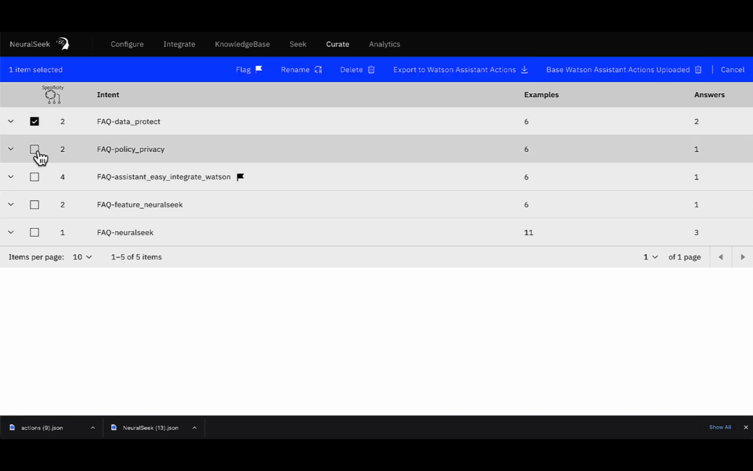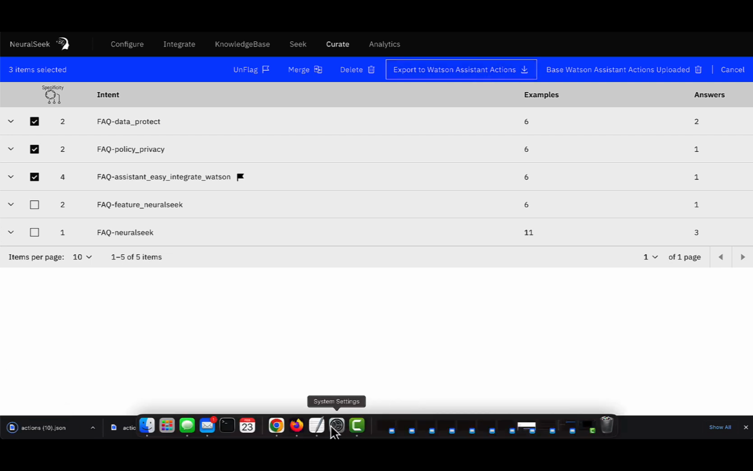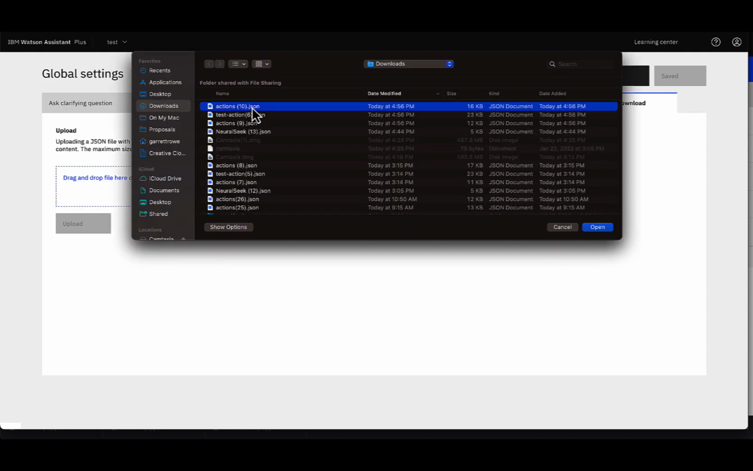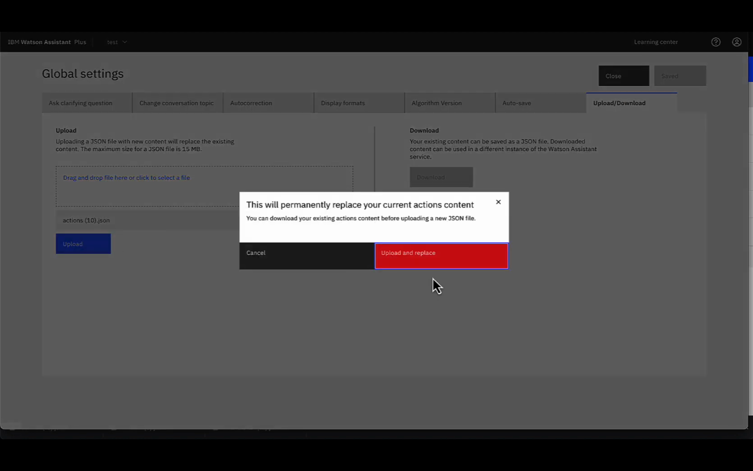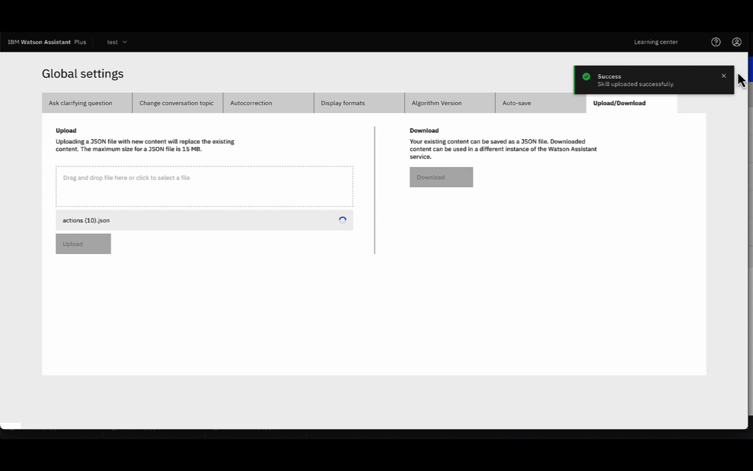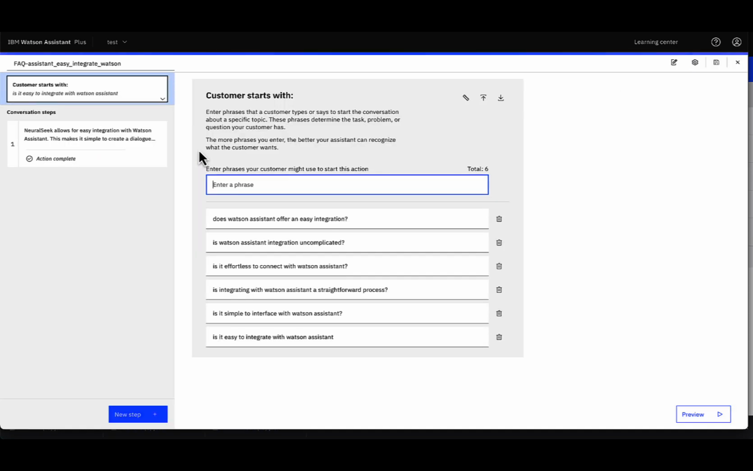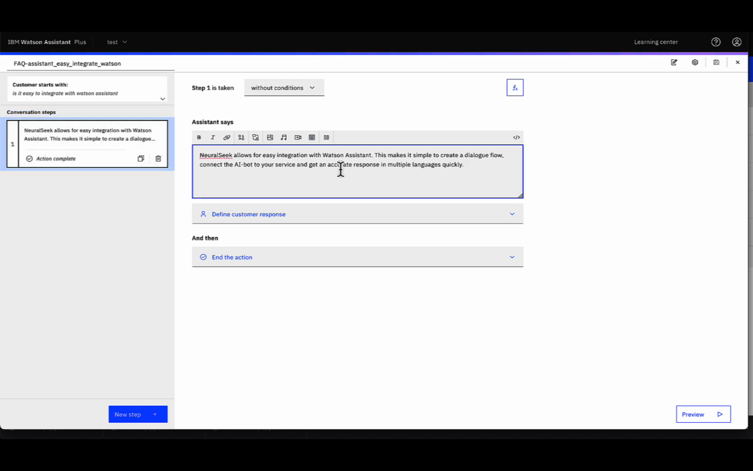I'll select the actions that I want, export those out back into Assistant, and load them in. It's as easy as that. Now we've got the 3 new FAQ articles layered in as actions directly alongside the content that I had inside of this assistant, complete with all of the training data and all of the responses that were generated, edited, and